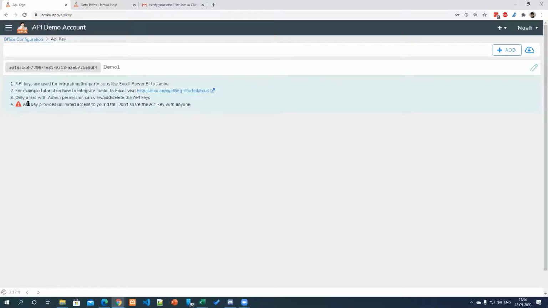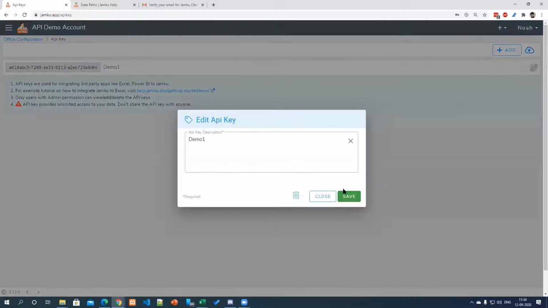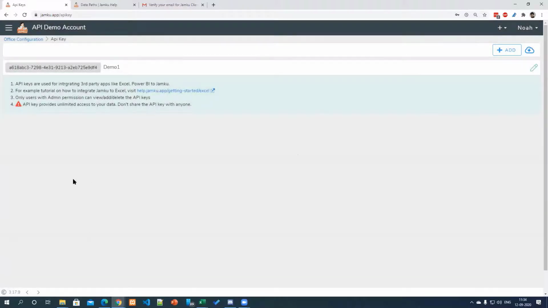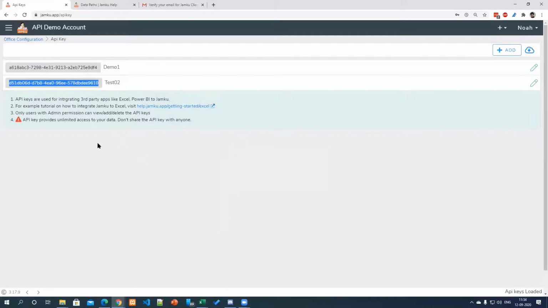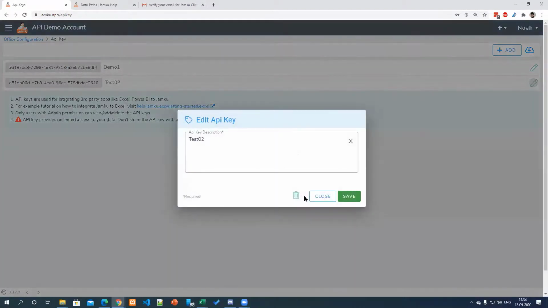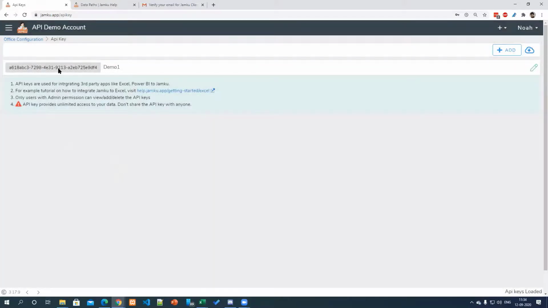Of course, suppose you feel this API key has been compromised, you can just delete this API key and you are done. And if you want to add multiple API keys, just give it a name, say test02, and save it. So now you have another API key, and you can just go and delete this API key if you want. Now, what we'll do is we will just copy this API key,